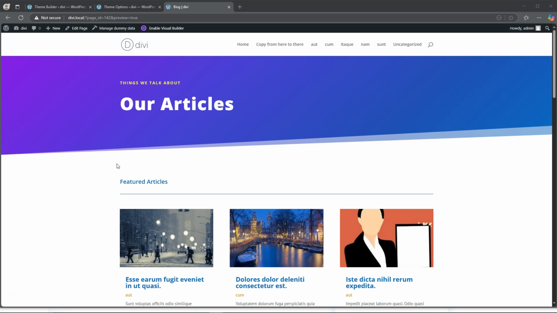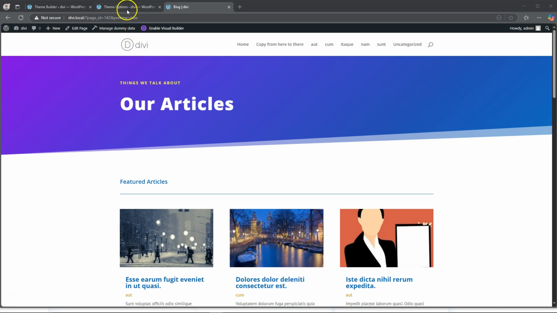Today we're going to be looking at how to change the Divi logo. Divi offers many places where you can place the logo, which is on the side. They also have an option where you can place it in the center. You can have the menu on either side of the logo or the menu beneath it. So we just want to run through a few of the ways that you can change this logo in